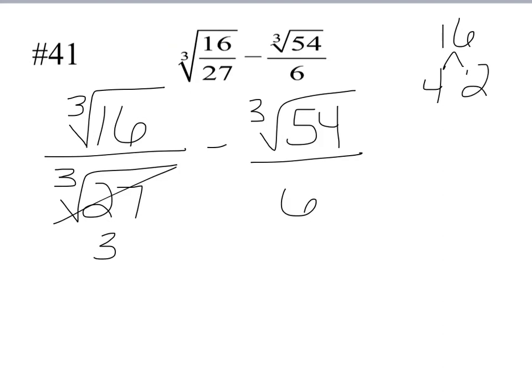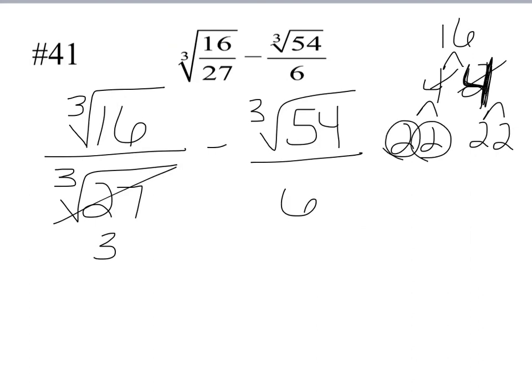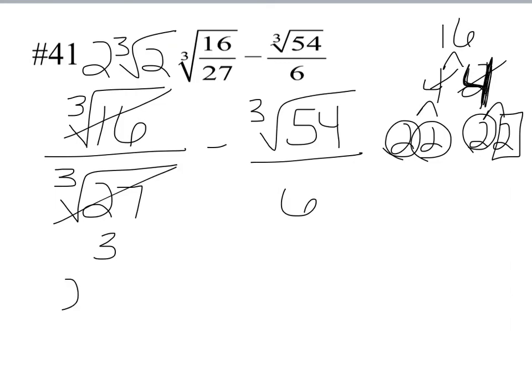It's 4 times 4. I know how to multiply. And then 4 is 2 times 2, and 2 times 2. So in order to bring something out front, I need 3 of them in this case. So this is going to become 2 cube roots of 2. I brought a 2 out front and I left a 2 on the inside. So this is going to become 2 cube roots of 2 all over 3 minus